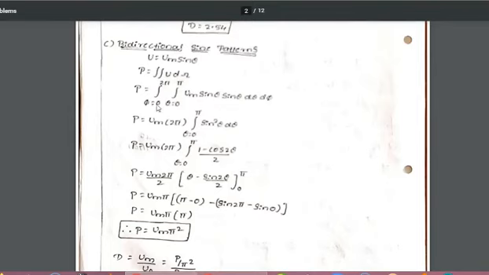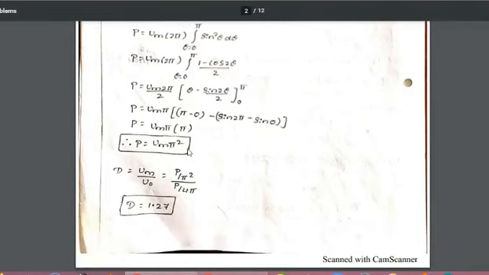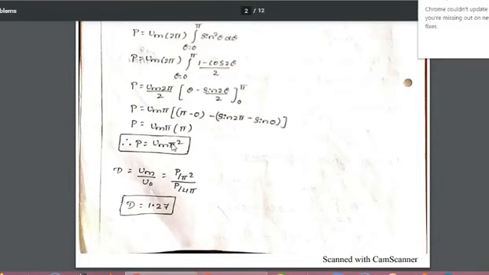Again the same thing follows. Phi from 0 to 2 pi, the d phi integration gives 2 pi, a constant. This is sine square, which is again (1 minus cos 2 theta) divided by 2. The 1 by 2 is a constant, taken outside. The 2 cancels, remaining pi. Again you integrate this; the only difference is that instead of substituting pi by 2, substitute pi. So finally only pi remains, and the power is pi square.